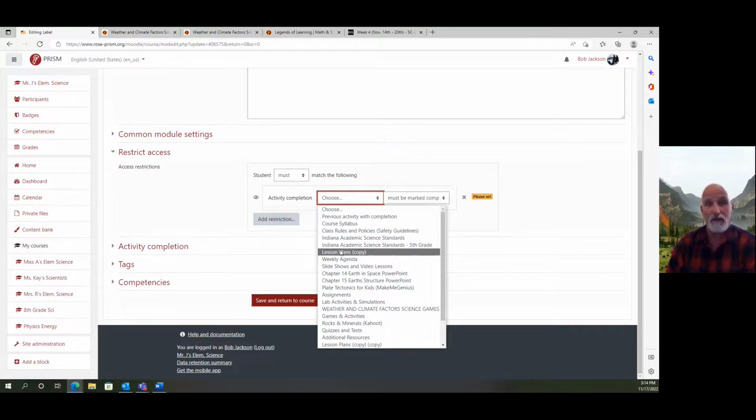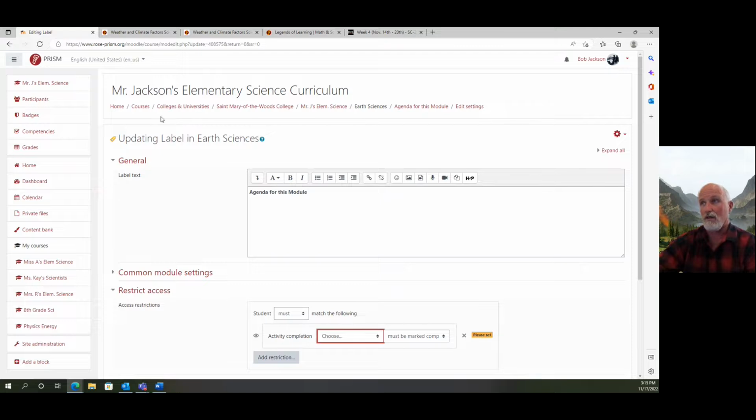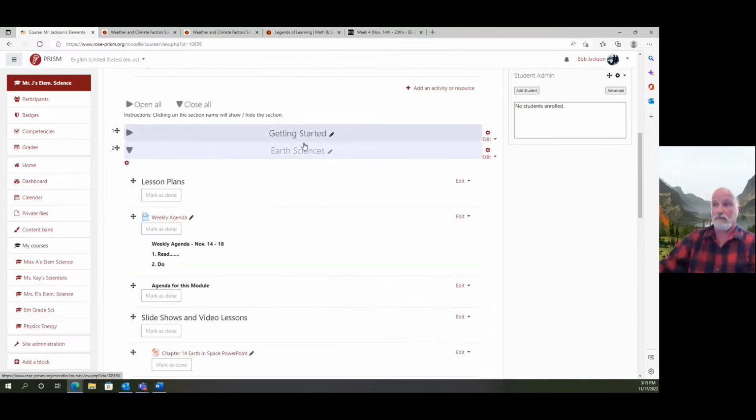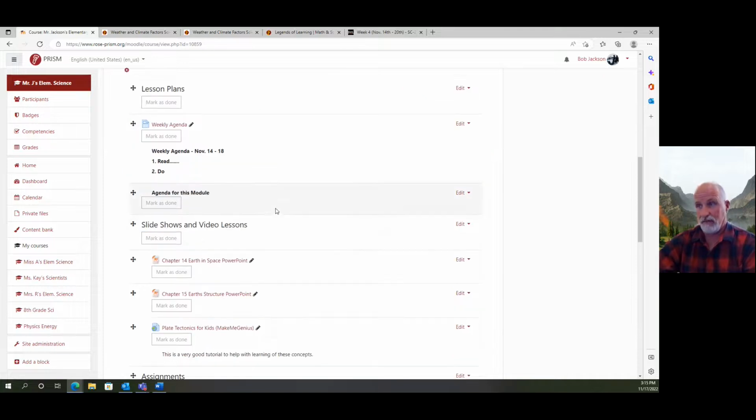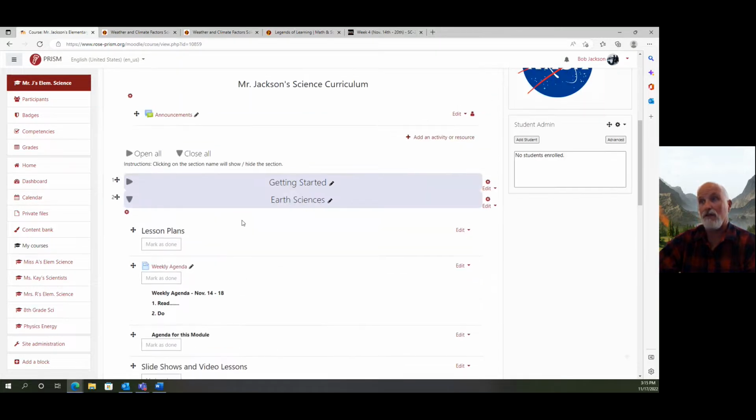And that leads to mastery learning type of thing. They don't get to have the fun stuff until they've done the stuff up above. Okay, so that's another really good setting that you can do on your course and make it really mastery learning. Okay, so now some other things, try to keep your course